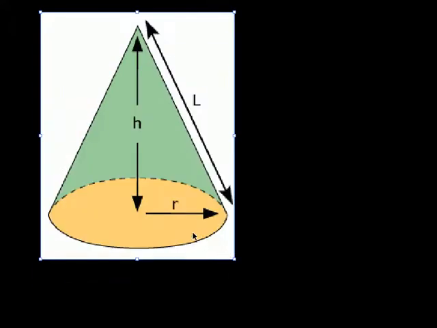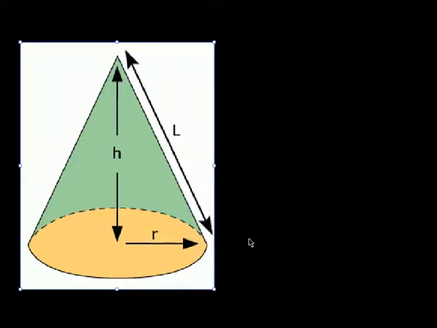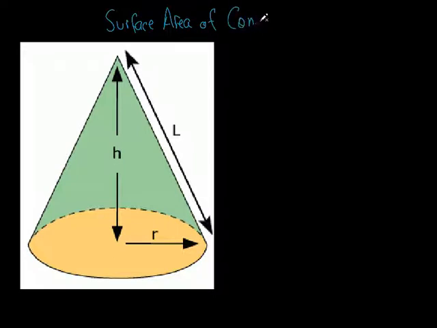It looks like a dunce cap, or an upside down ice cream cone. This thing right here is just called a cone. So we're going to find the total surface area of this thing. It's basically a pyramid with a circle base, isn't it? Because it all comes up to a point, just like those pyramids did, but the base of it